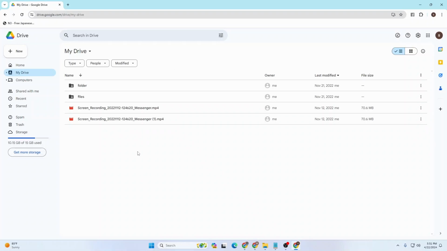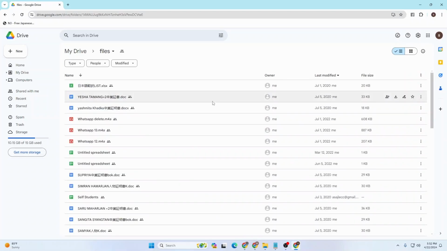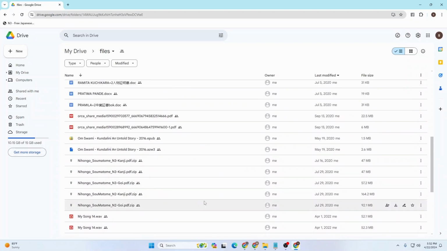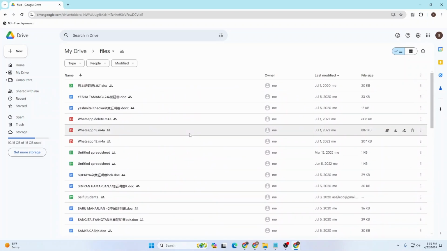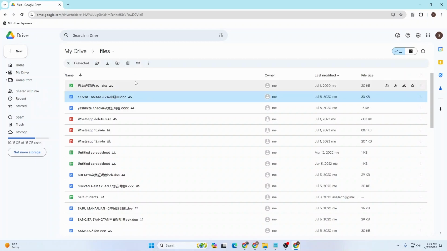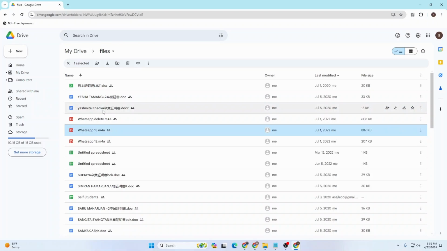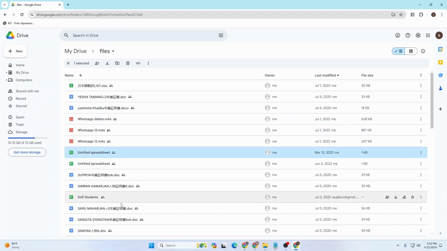Now, in order to delete your files on Google Drive, first go to the location where your file is located, and you can see mine over here. I have a lot of documents available for me, which I have to delete from the Google Drive. Now, in order to delete it, you can see there is the dumpster icon appearing whenever we click on any item, and you can see there are audios, there are some spreadsheets over here,